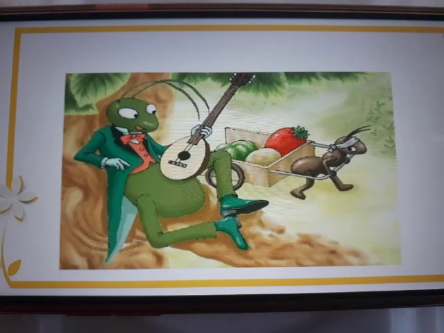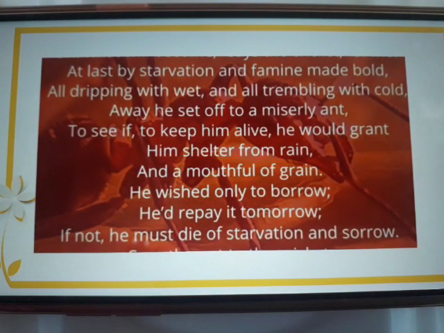Let's move on to find how the fable moves. At last, by starvation and famine made bold, all dripping with wet and all trembling with cold, away he set off to a miserly ant to see if, to keep him alive, he would grant him shelter from rain and a mouthful of grain. He wished only to borrow, he would repay it tomorrow, if not, he must die of